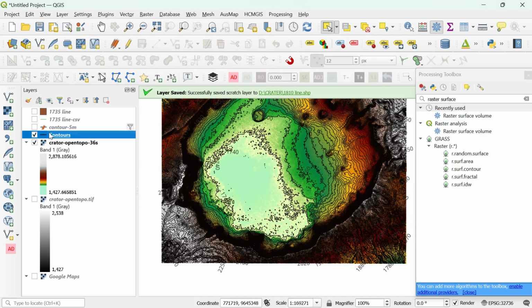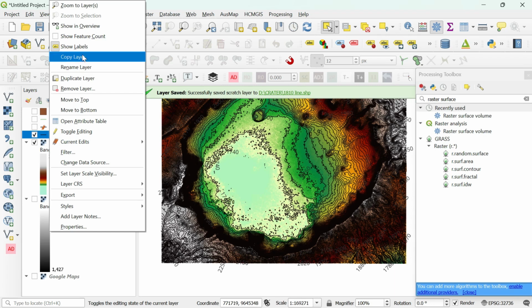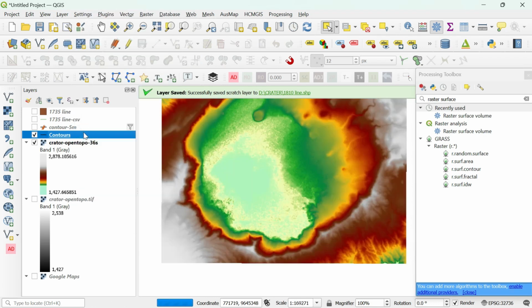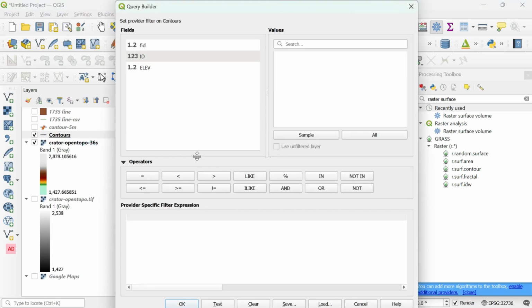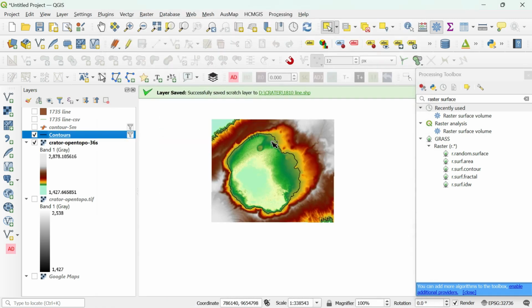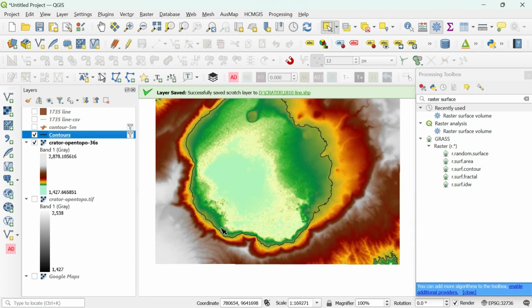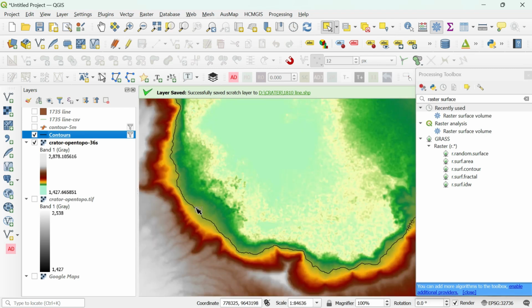Okay, then click on contour, right click and go to here, toggle editing on, then filter first we have to turn on, then we have to go to filter and choose here elevation, select equal, then 1810. Then just say OK. So we can see only one line, all other lines have been hidden. Okay, this much line.